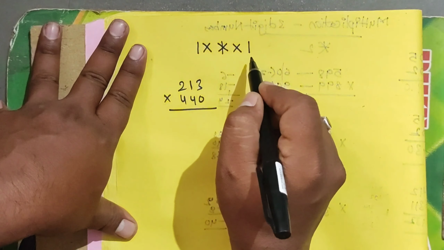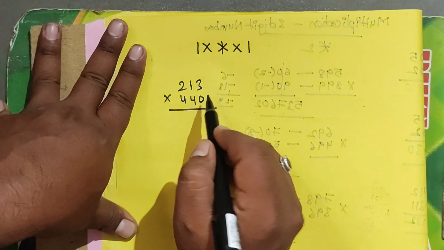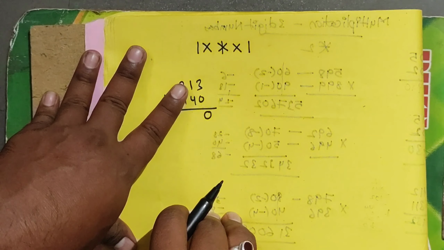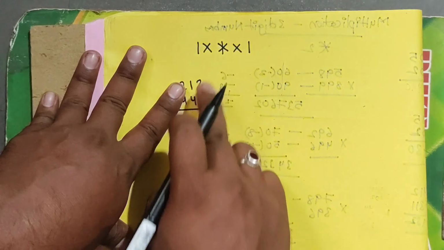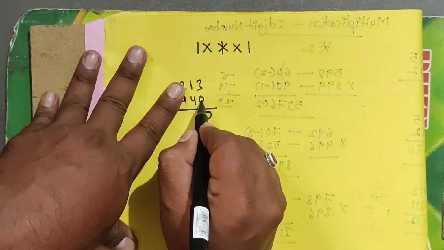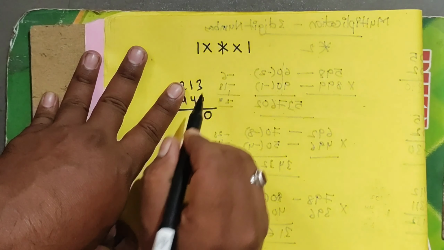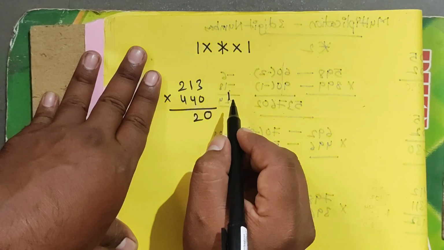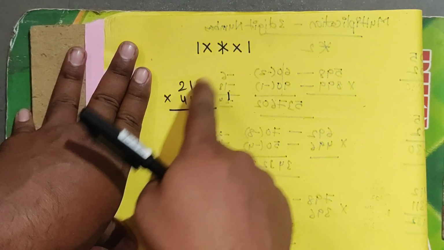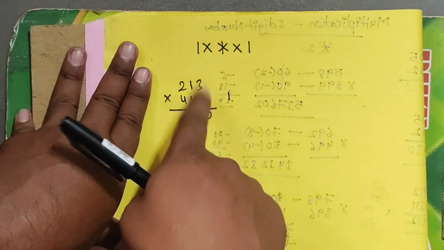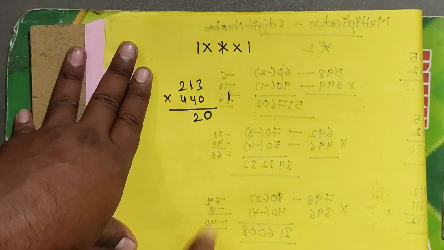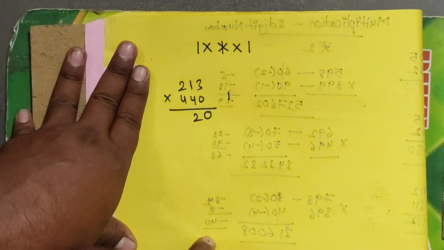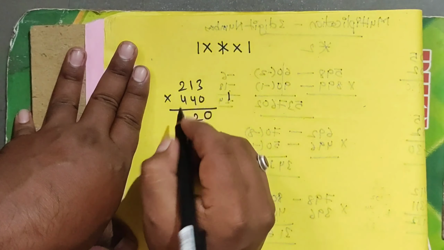First, take the line: 0 into 3, it becomes 0 only. I will take the single digits here. Now take the cross, meaning take the 2 digits here. So 0 into 0, 4 into 3 is 12, 0 plus 12 becomes 12 only, take the 2 and carry the 1. Now take the 3 digits. First we multiply the corners, then the middle numbers. So 2 into 0 is 0 only, 4 into 3 is 12, 0 plus 12 is 12 only, 4 into 1 is 4, 12 plus 4 becomes 16. 16 plus 1, the carry, becomes 17.